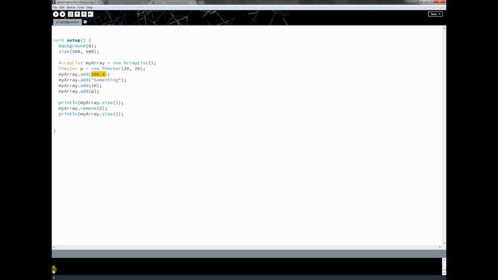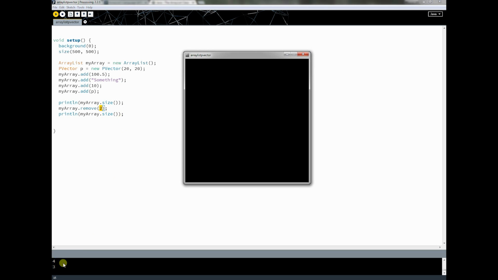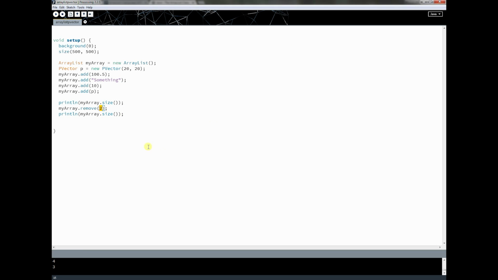And when we added it on, we got 4 things. So there's 4 things in there, and I could either print them out or I can remove one. So I'm going to remove one here using this other method, remove, and this is removing at the second index. So now I have 3 things in the list, and it works just like an array in the way that